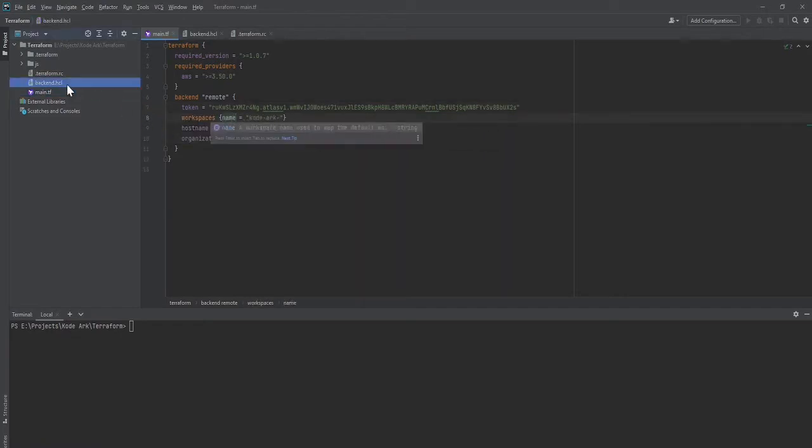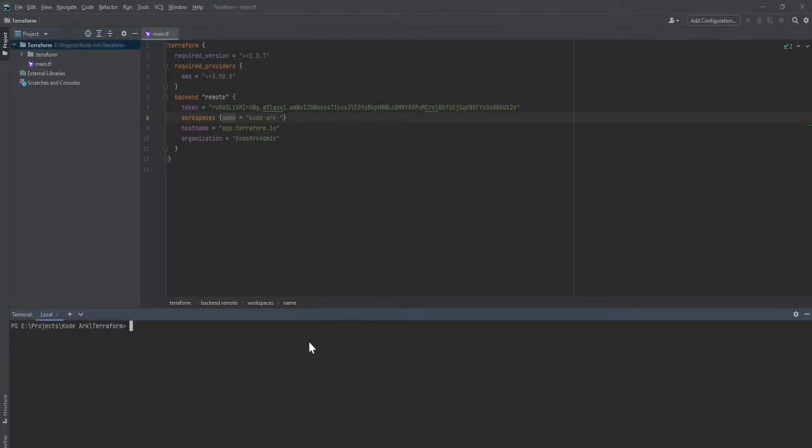Unnecessary things deleted. First of all, I'll run the terraform fmt command to reformat it. Admin, its name is management.